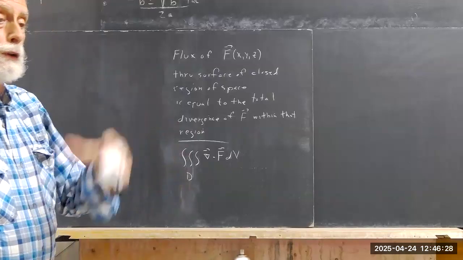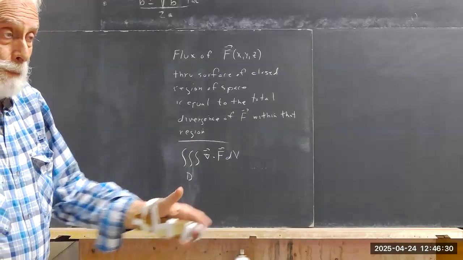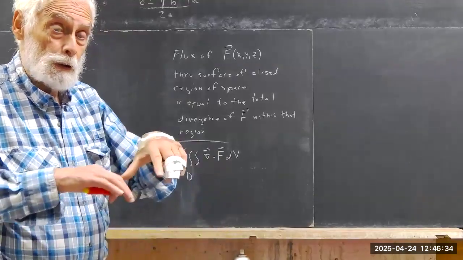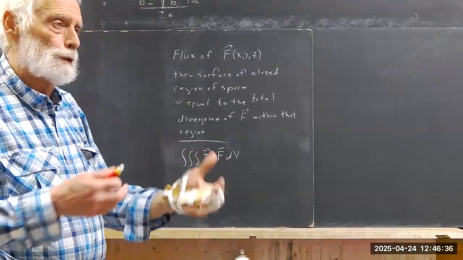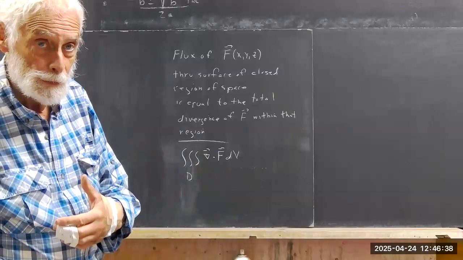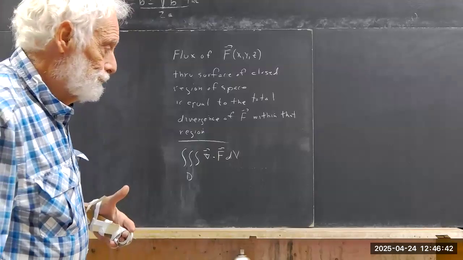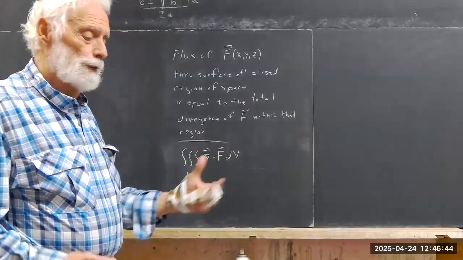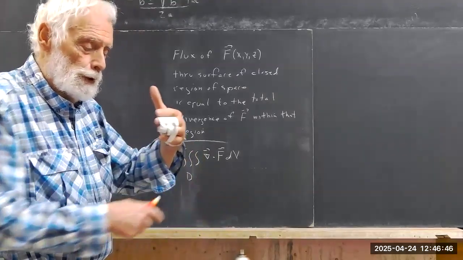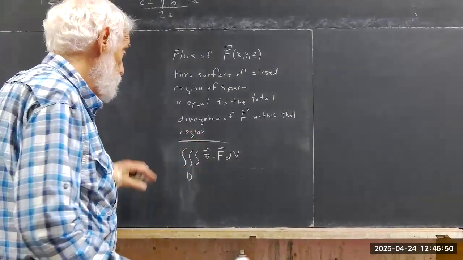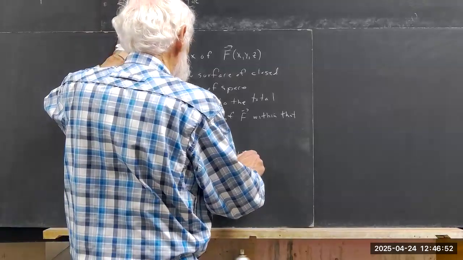Unlike the curl, where we use Stokes' theorem, that's a vector quantity you integrate over a surface, integrating its normal component over the surface. The function F is a vector function, so it can be integrated around the boundary of that surface. So we say that this is equal